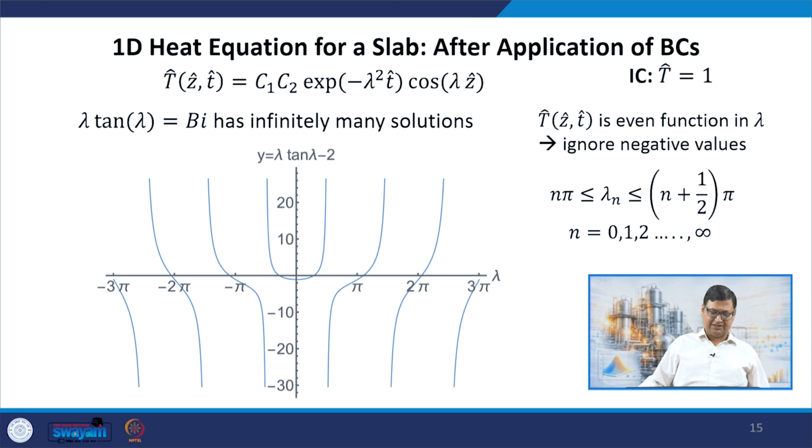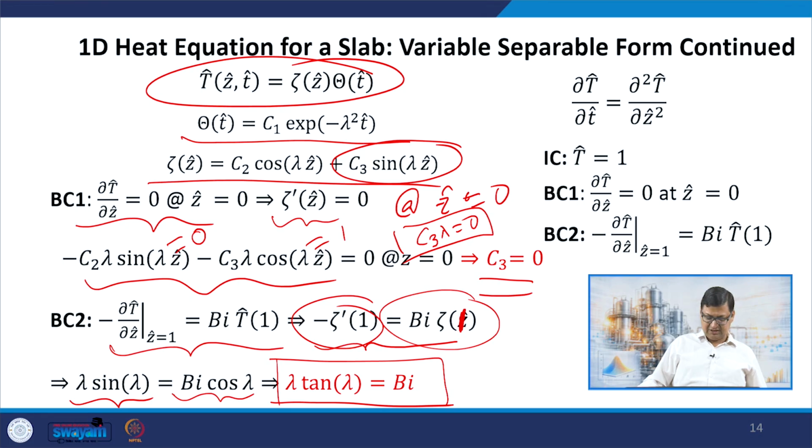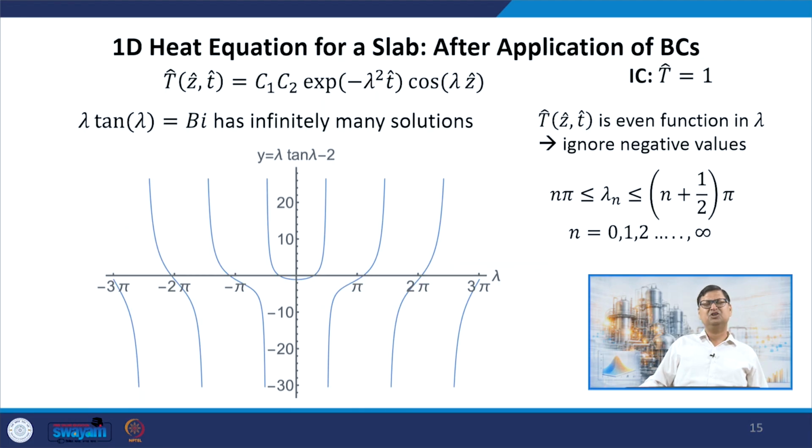Now, it turns out that this particular equation has many solutions. It's a trigonometric equation. I can plot this function, lambda tan lambda minus Bi equal to 0, or lambda tan lambda equal to Bi. Let us say I am showing you for Bi equal to 2, you can see it crosses the curve many times. That means that there are infinitely many solutions, or in other words, the solution has some kind of